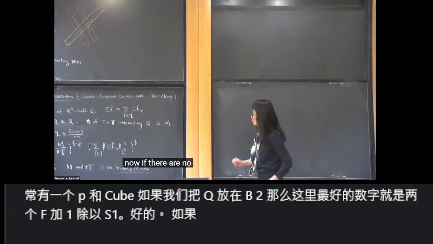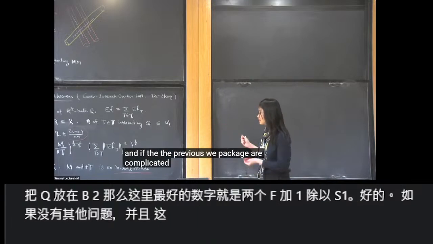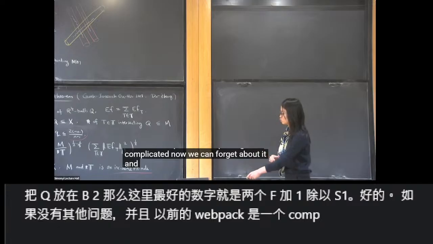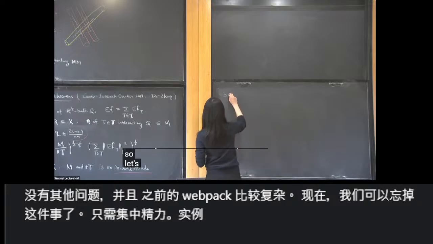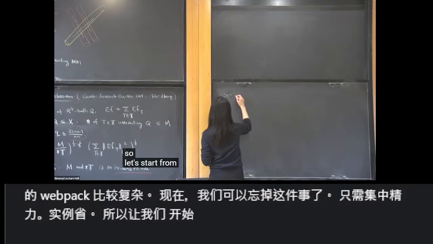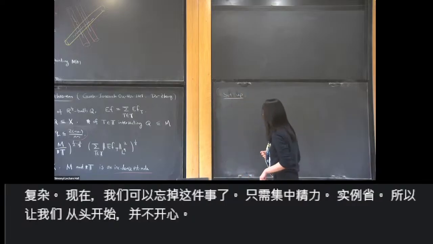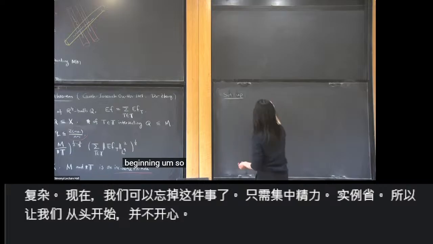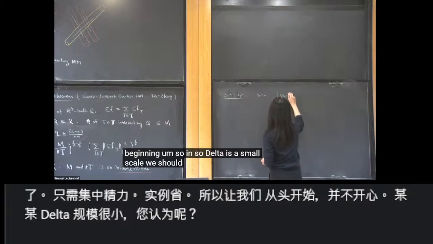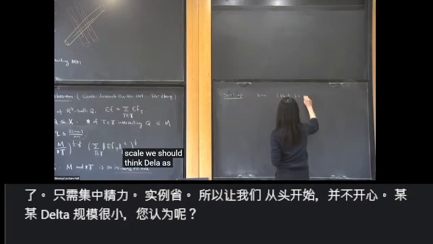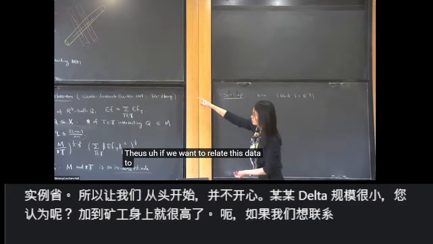Now, if there are no more questions, and if the previous wave packets are complicated, now we can forget about it and just focus on incidence problems. So let's start from the beginning. So delta is a small scale. We should think of delta as R to the minus R. If we want to relate this delta to those tubes,